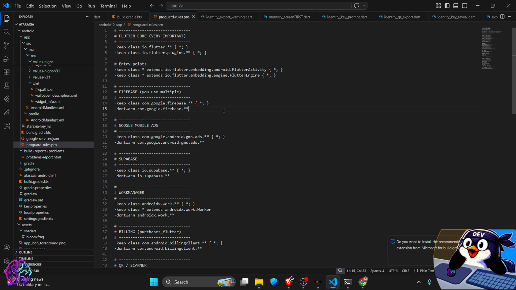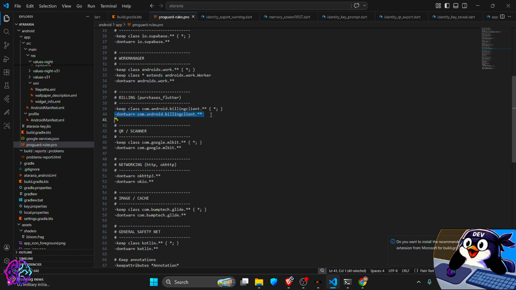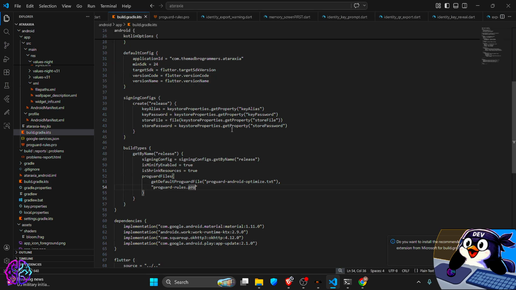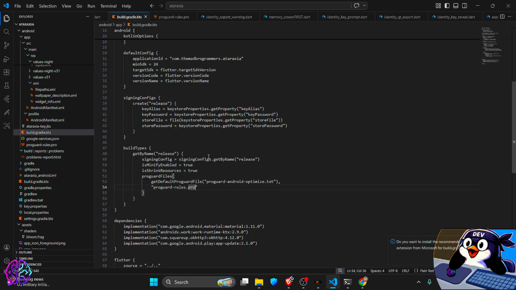But you don't have to copy this one because this is my code, and I'm using, such as, look at that, Firebase, Supabase, Work Manager, billing for purchasing in the application, and a QR scanner. You might not use this com.google.mlkit. This is a kit for using the QR scanner for importing stuff from the camera by scanning those. So you might not use that. So you don't even need this. You are just wasting a thing. Alright. So this is how you can just create proguard rules so that your app doesn't crash,